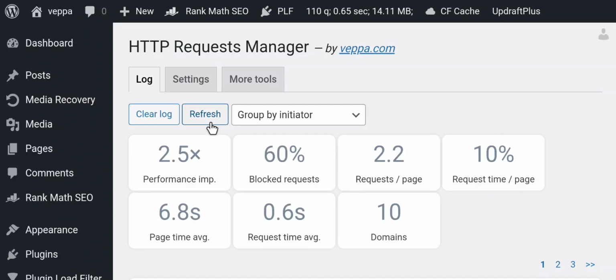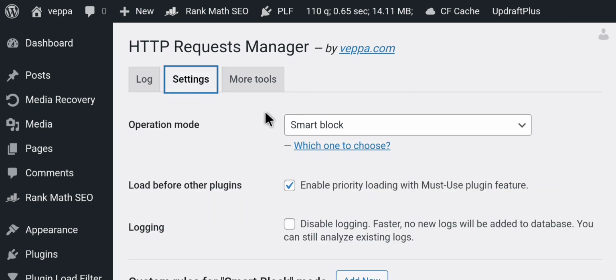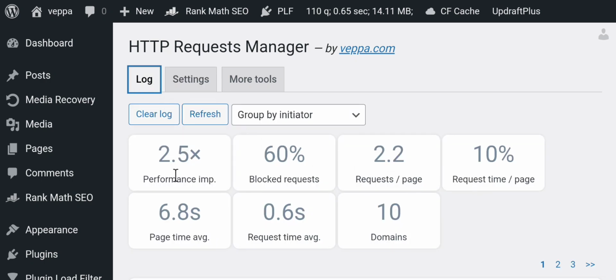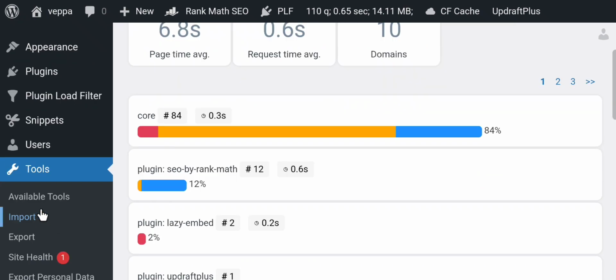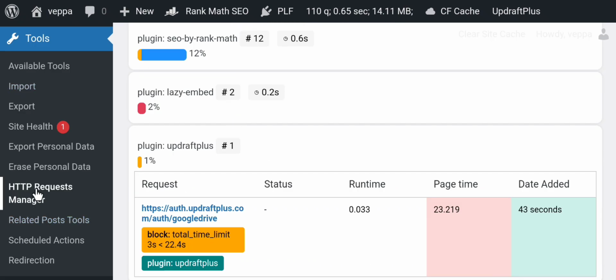How to allow certain requests, important API calls using WP HTTP request, so they are not blocked by smart block. Say for example we have a smart block enabled in HTTP requests manager, but we want to allow some important API calls. So navigate to tools and HTTP requests manager page,